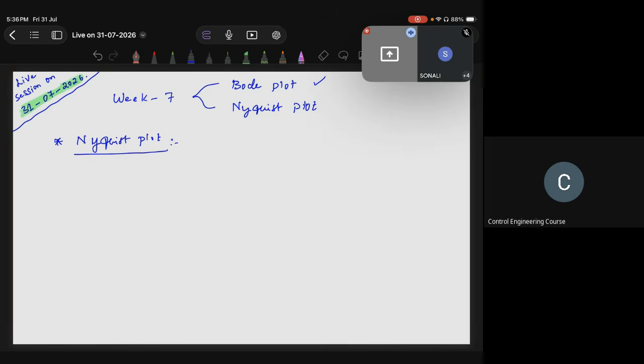So Nyquist plot. In general, we have P of S as the plant transfer function, and if we have H of S, which is nothing but the feedback transfer function, put together we call this the open loop transfer function, G of S, H of S. Basically, this Nyquist plot is all about